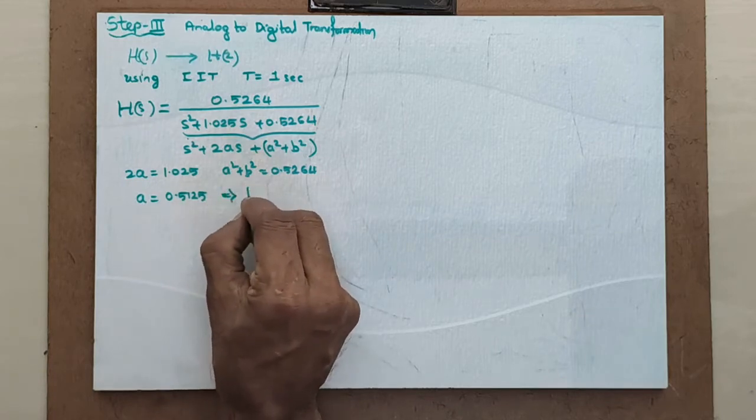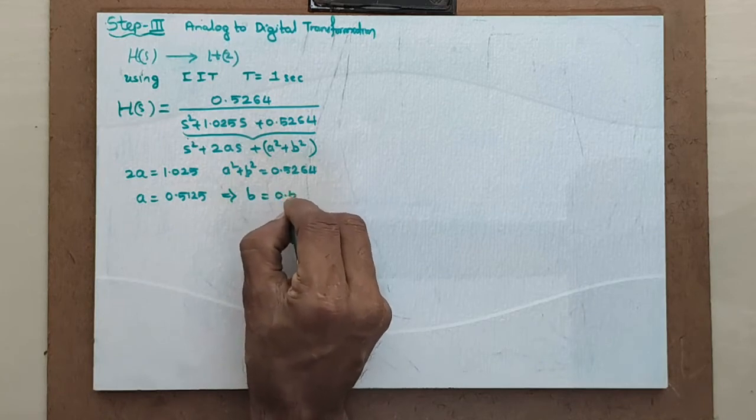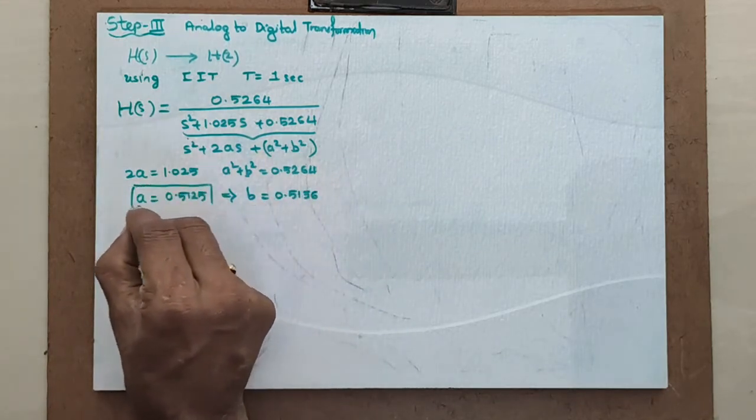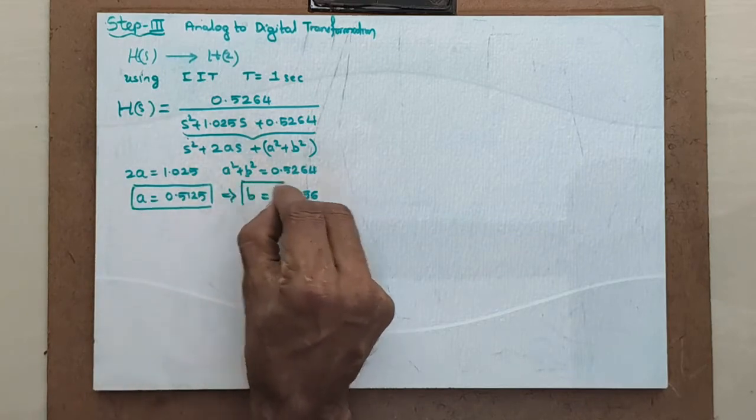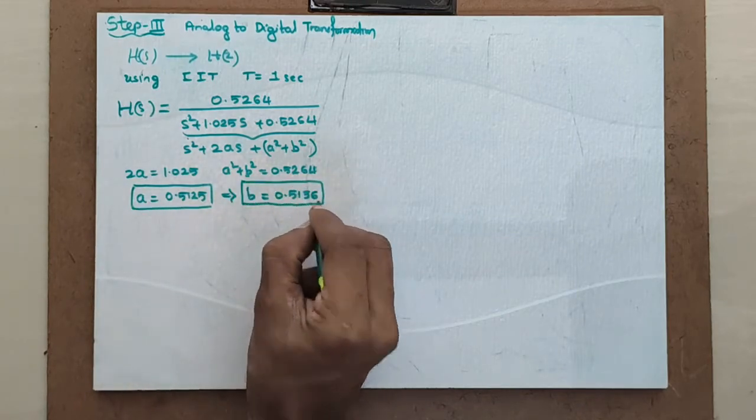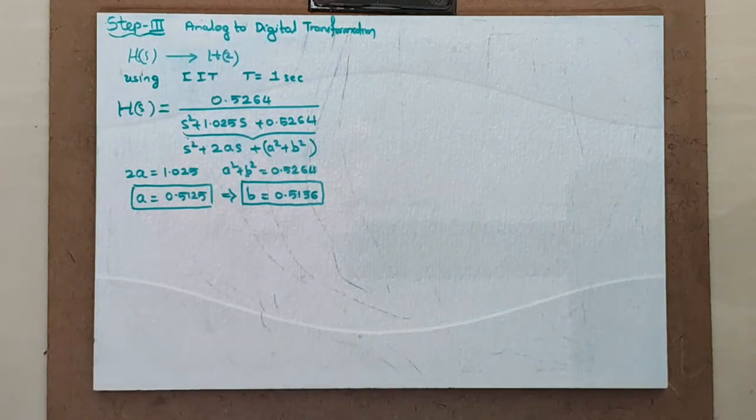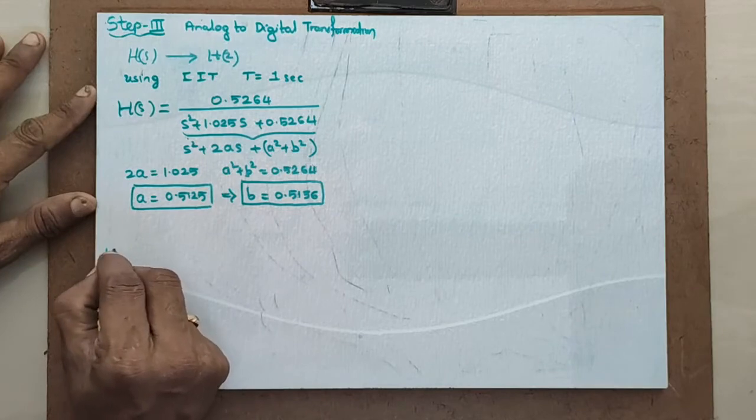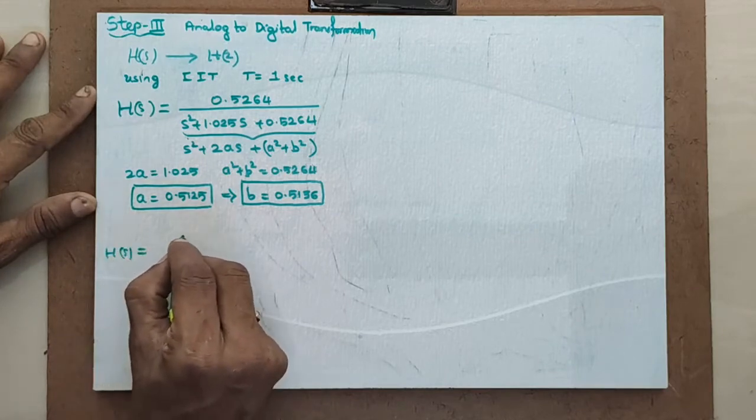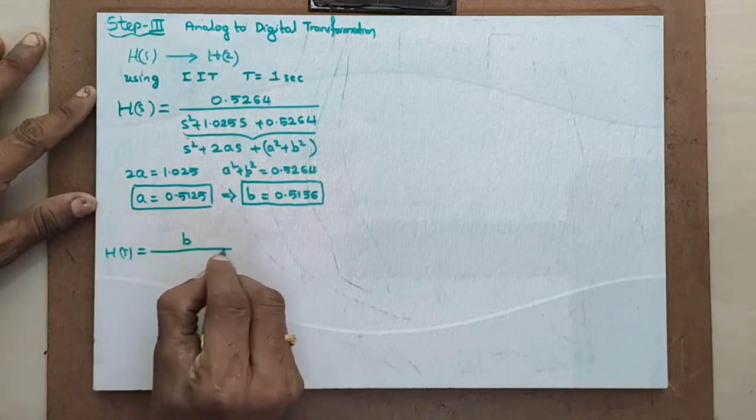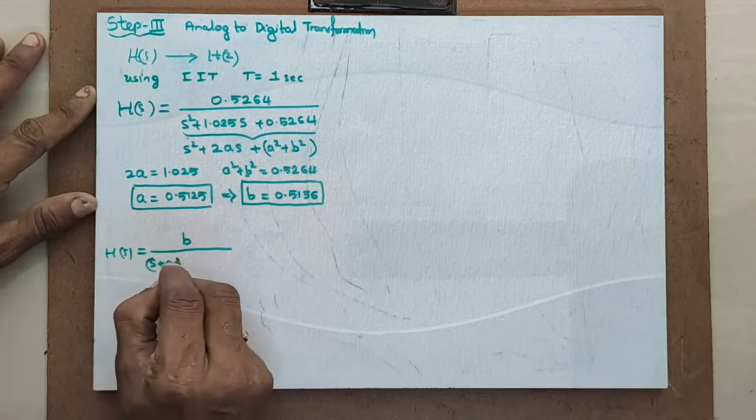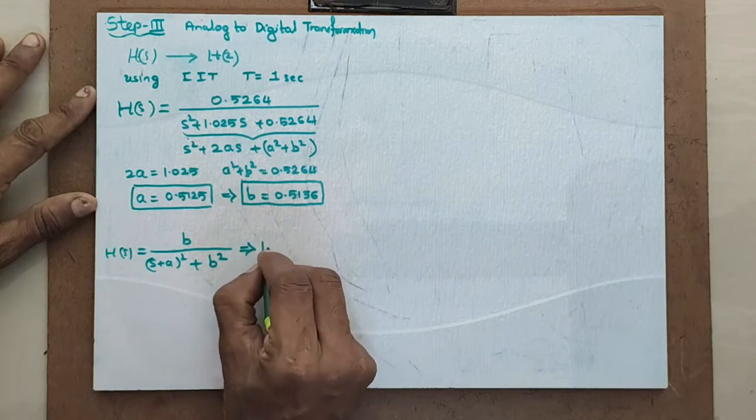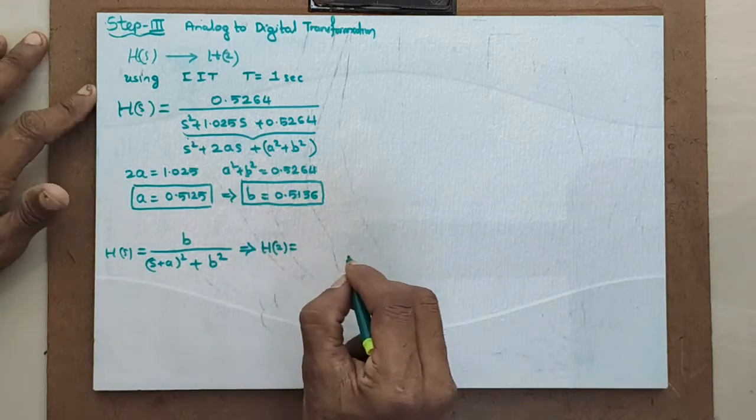This implies me B value becomes equal to 0.5136. Hence I got both A and B values. See, in impulse invariant transformation there is a standard formula. What is the standard formula? Standard formula says that if H(s) is known to you, which is of the kind b divided by (s plus a) whole square plus b square, this implies me that H(z) will be,